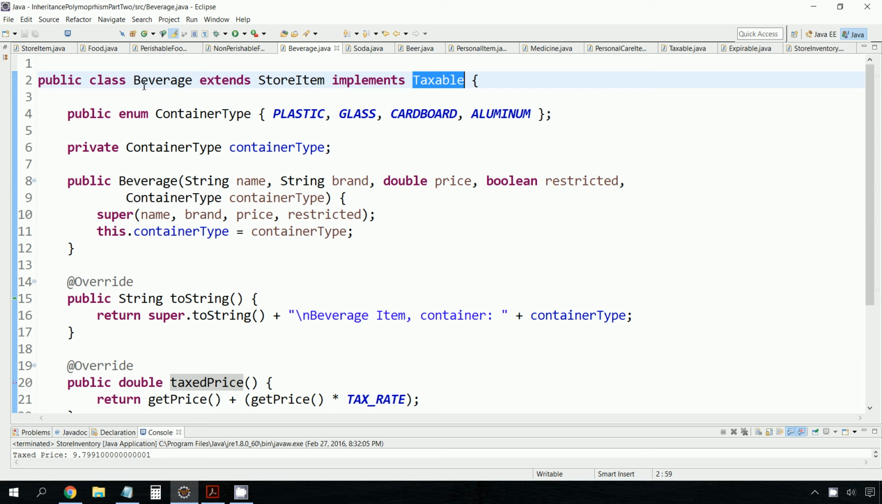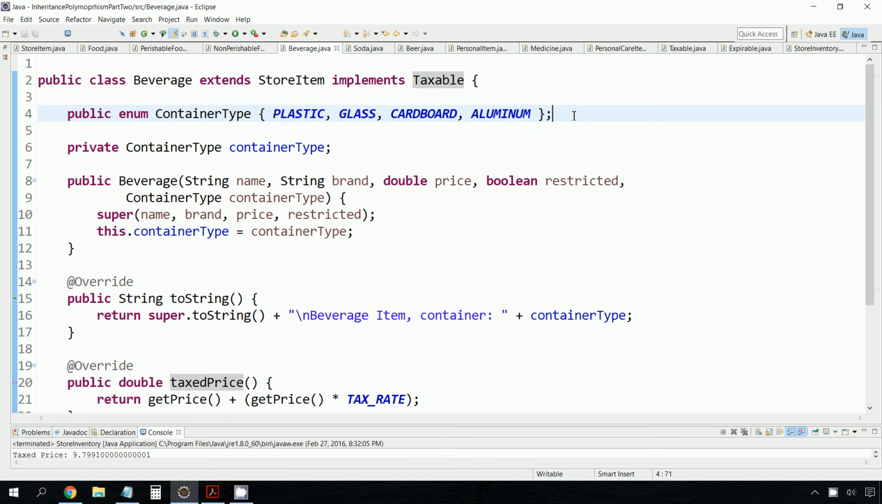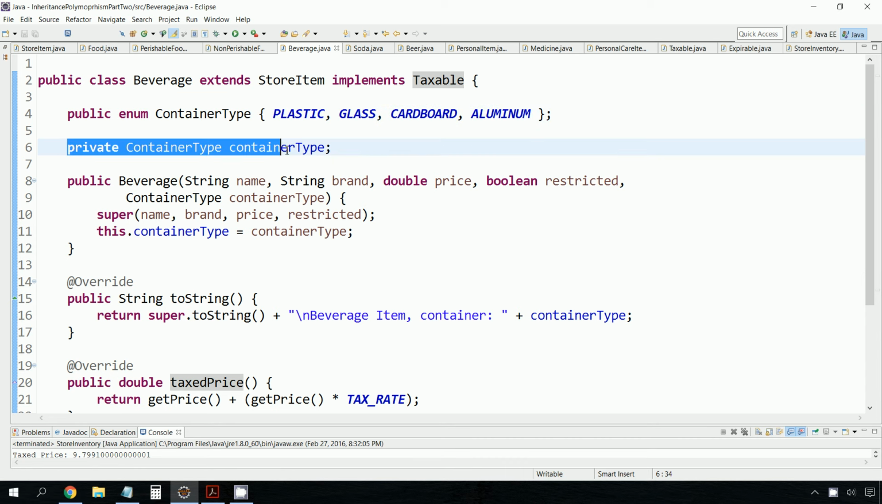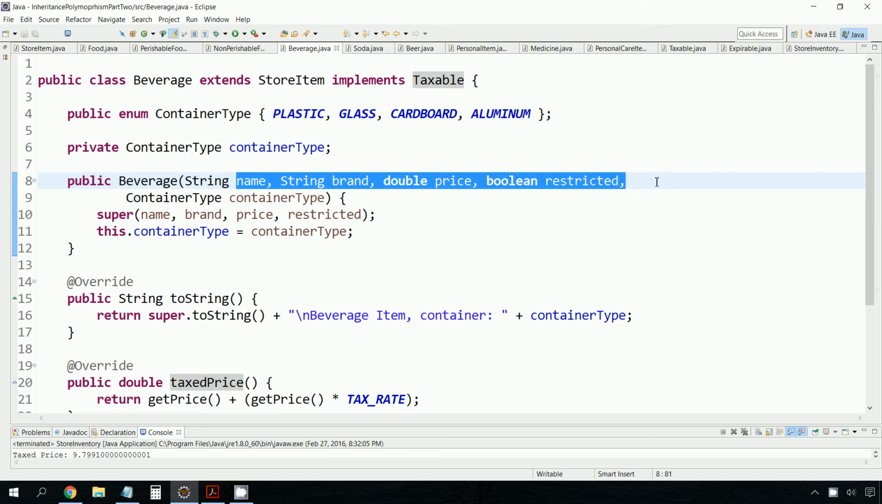Instead, I left it to the child classes to decide, and a beverage is taxable, so I implement that interface here. I use an enum to declare the container type as either plastic, glass, cardboard, or aluminum, and then I add in a private instance data variable to represent the container type. So my constructor for beverages takes in the name, the brand, the price, and